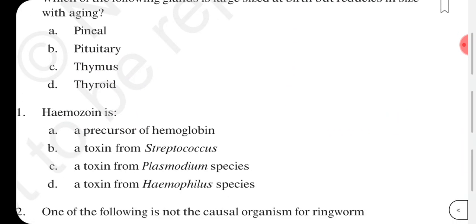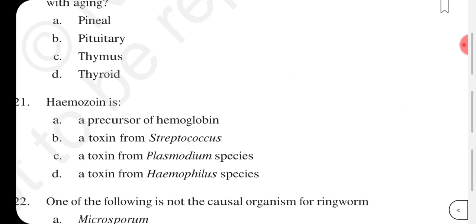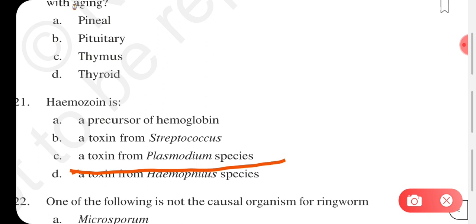Haemozoin is a precursor of hemoglobin, a toxin from streptococcus, a toxin from plasmodium species, or a toxin from Haemophilus species. So haemozoin is what? It is a toxin from plasmodium species. Okay,